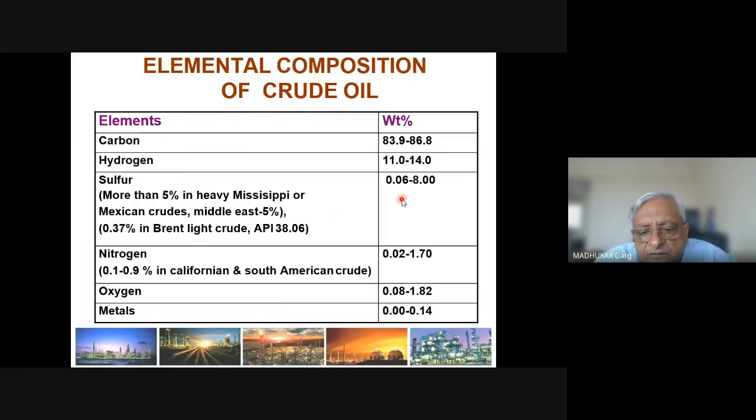Now, sulfur is one of the major impurities in crude oil, and we refiners are very focused on removing sulfur from crude oil. I'll talk about it in greater detail later, but I think it is most appropriate to mention right now that